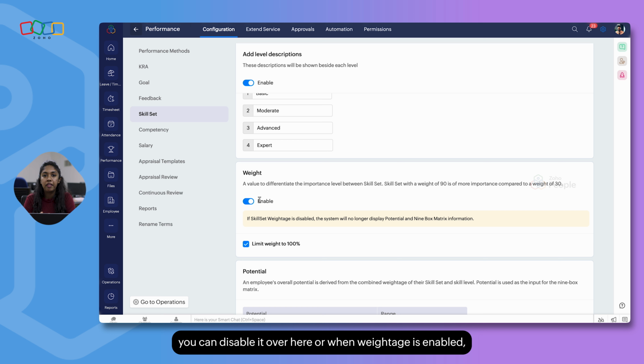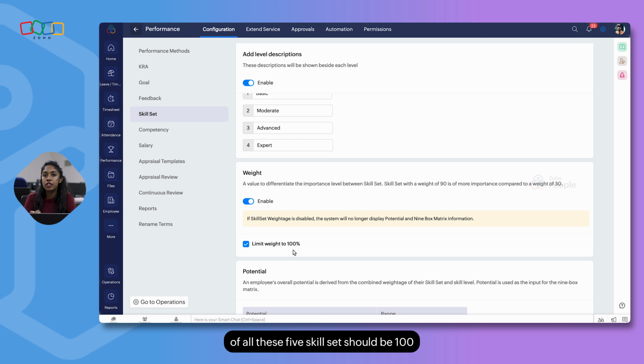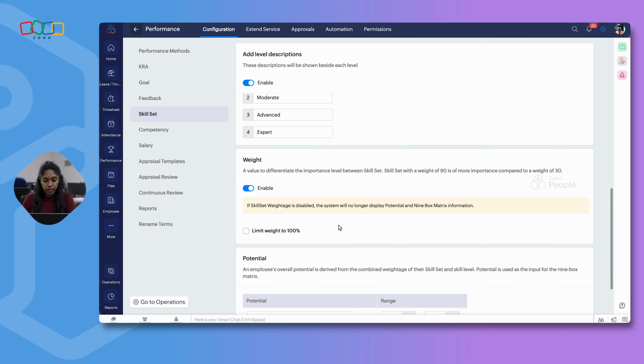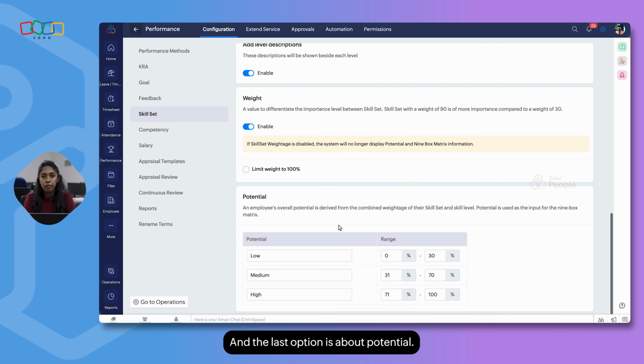Or when weightage is enabled, you can also limit it to 100%, which is nothing but if you're going to tag 5 different skill sets to a particular designation, the sum of weightages of all these 5 skill sets should be 100 and not more than that. But by disabling this option, you are allowing a provision where you can have skill set weightages more than 100%.